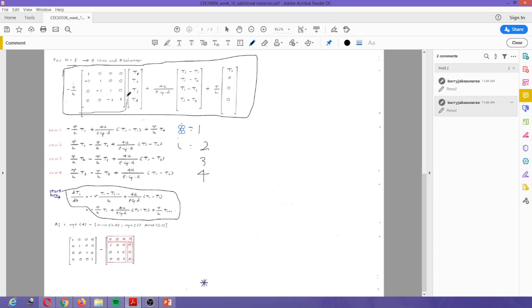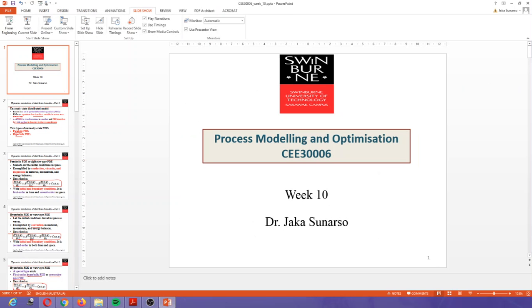This matrix here is what we call A1. A1 can be created using this command here, which is essentially the first term, I4, and then this will be the second term here. By noticing this pattern, it works the same when you increase the internal grid points. If I go back to my slides again,